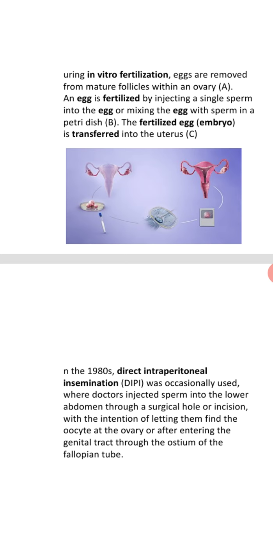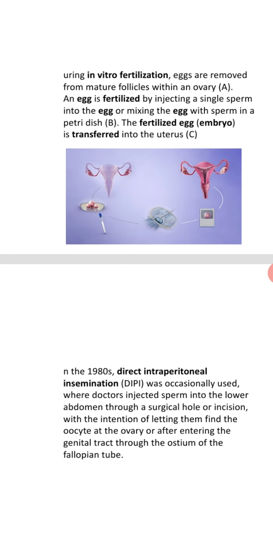The next is in vitro fertilization. As the name itself indicates, in vitro means outside, it may be in the glass or in test tubes. Using IVF, that is in vitro fertilization, the eggs are removed from the mature follicles within the ovary, and the egg is mixed with the sperm in a petri dish or in a test tube. So, the fusion of the gametes, that is the male